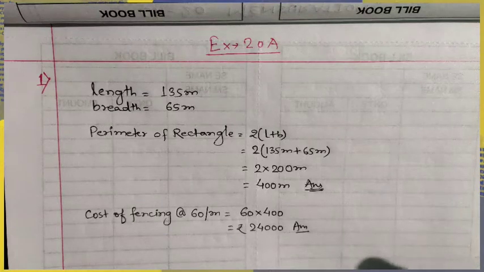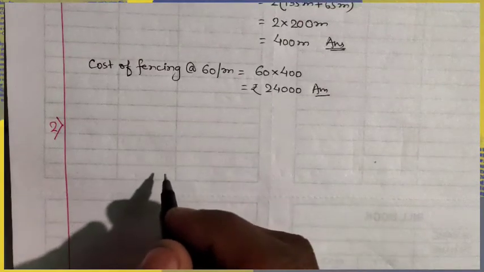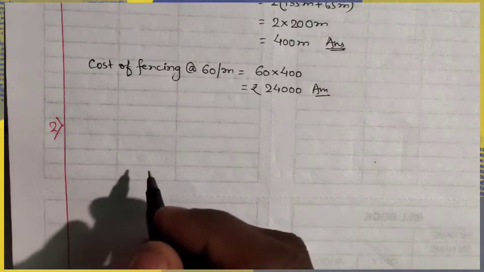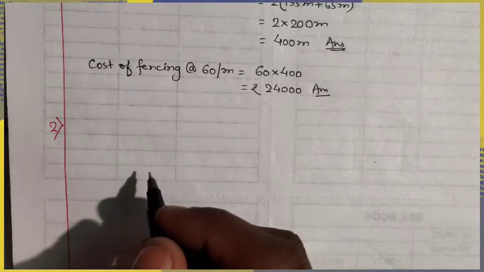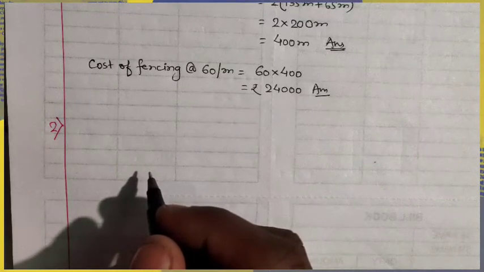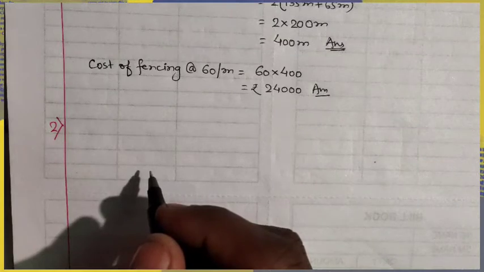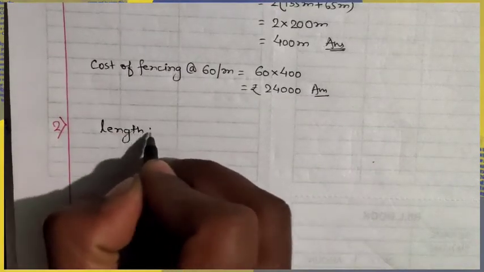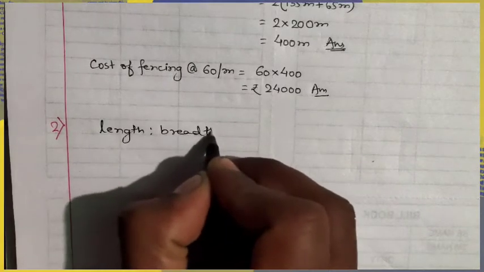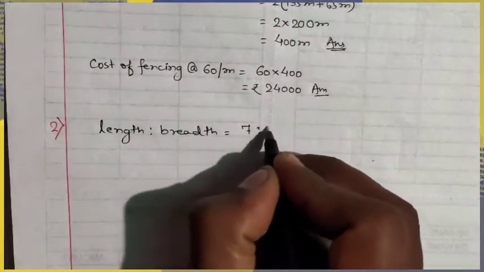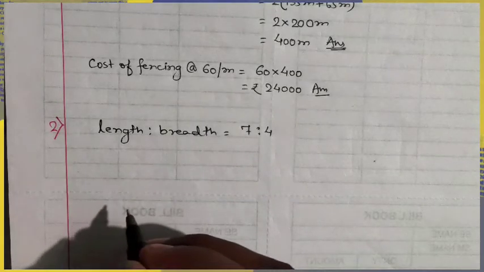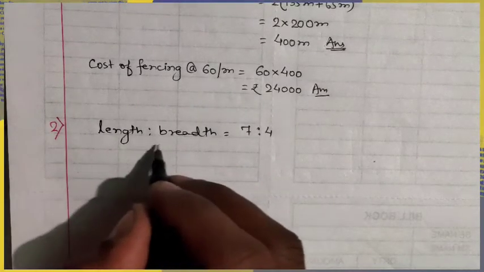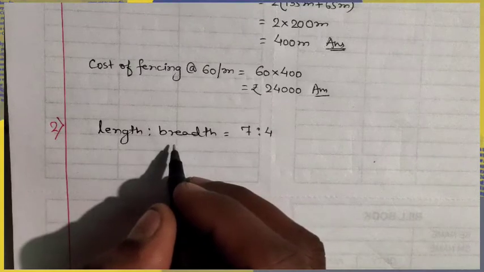Now we are going to solve question number 2. Question number 2 is saying the length and breadth of a rectangular field. Again the question is talking about rectangle. The length and breadth of a rectangular field are in ratio. The value is not given, the ratio is given, that is 7:4. So here we will write length to breadth is 7:4. If the perimeter is 440 meter, first we will assume a constant for taking the value of length and